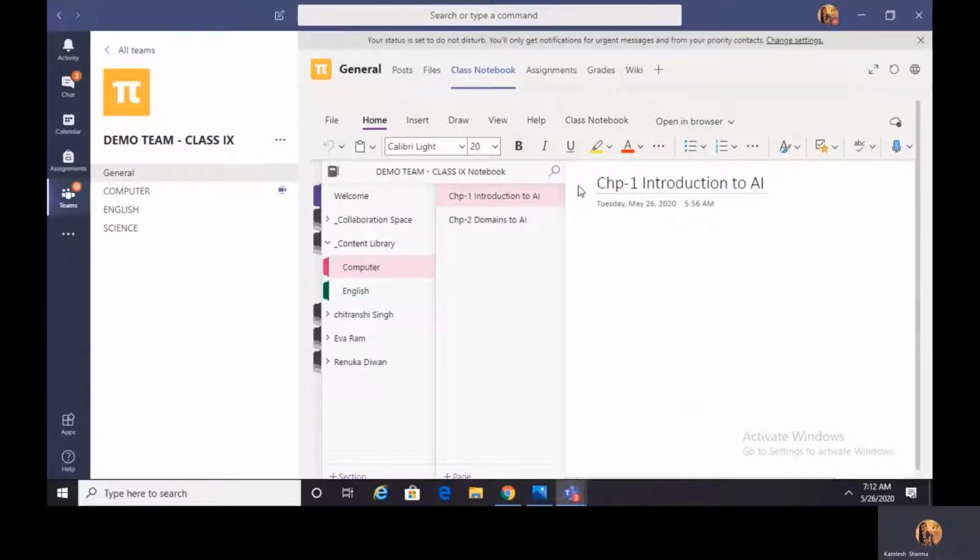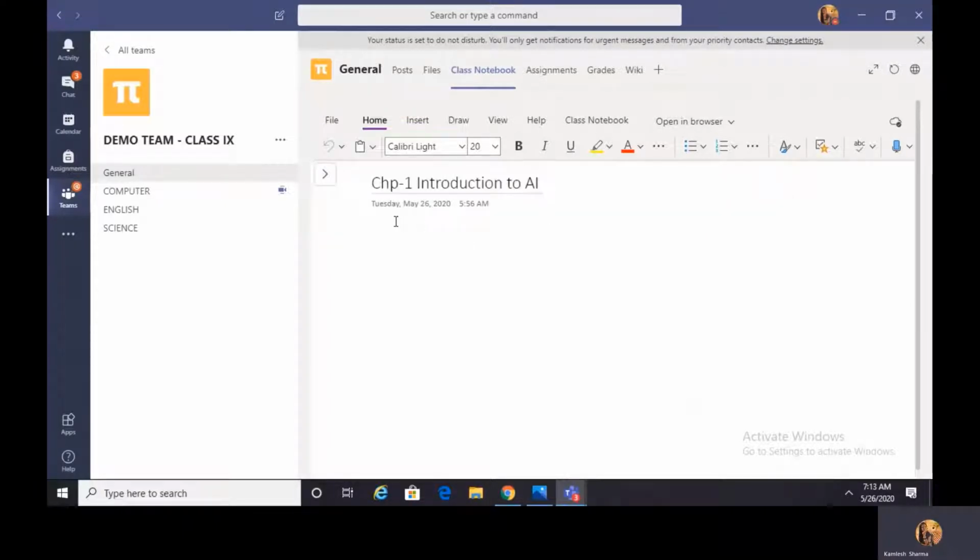Now, let's say I want to add some of my resources in chapter number 1. Click on this chapter number 1 area. It is going to be highlighted. See, this is the working space. This is the entire page given for your section. You can increase the number of pages as you require, but you need not be worried about the length of the page because the page is very huge. A lot of content can be added into it.